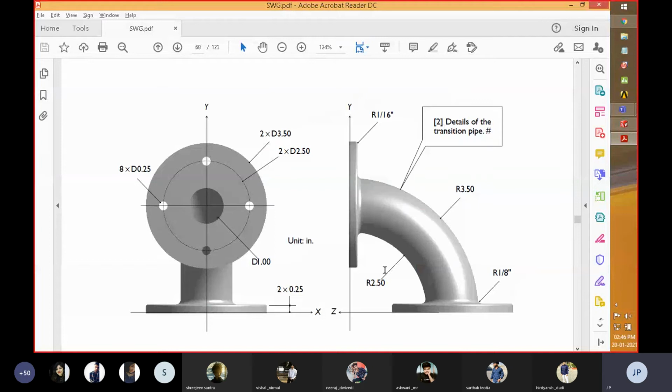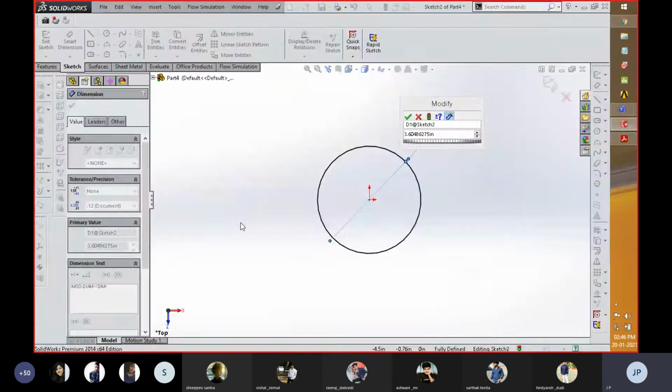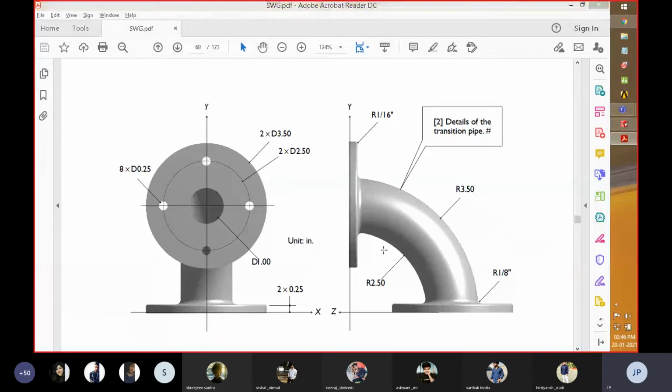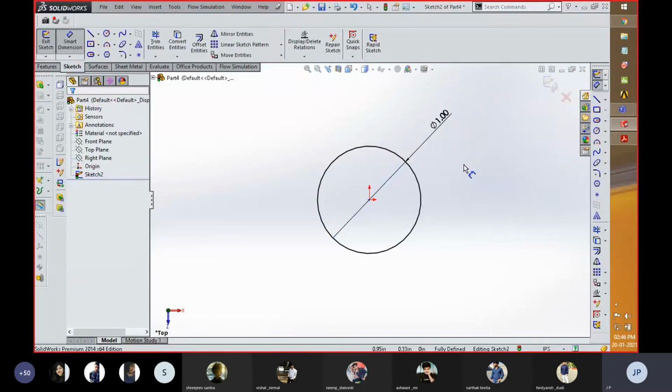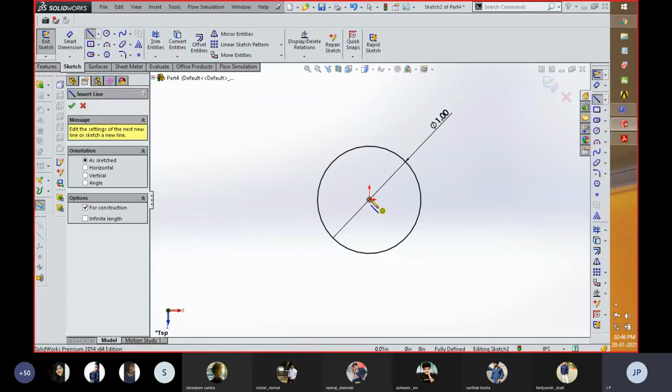Let me confirm this diameter. Okay. So this is 1 in diameter, and I am going to create two center lines.